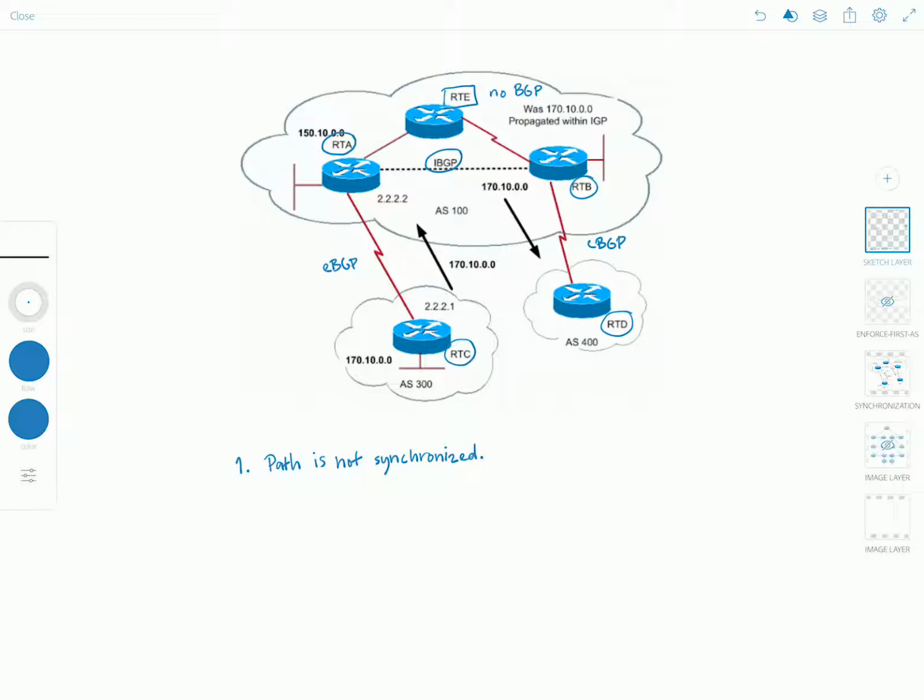No BGP. So router C here advertises this network to router A, who then advertises it to router B, and who then finally advertises it here to router D. That's why you see these arrows going in these directions, like this. So now, let's say router D here is sending a packet